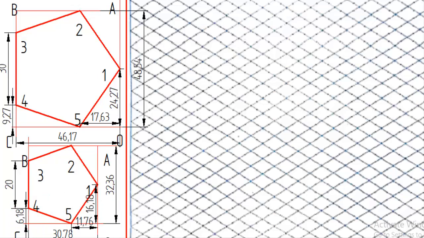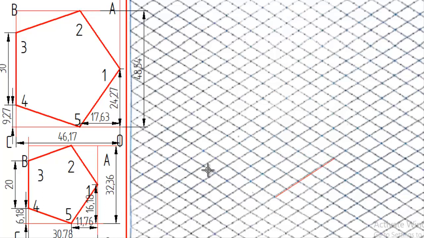And now, first we will construct the bottom frame, that is the bigger one, that is 30 mm. So we have taken the O here, and the length of O to A we got as 48.5, so we can take it as 49. 49 means almost 5 boxes: 1, 2, 3, 4, 5.